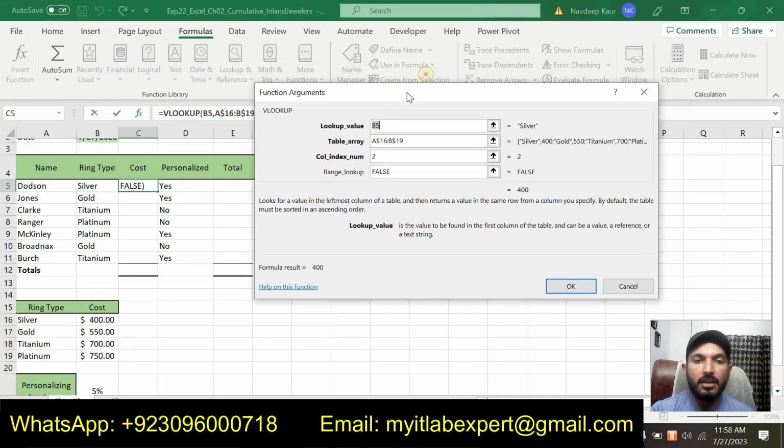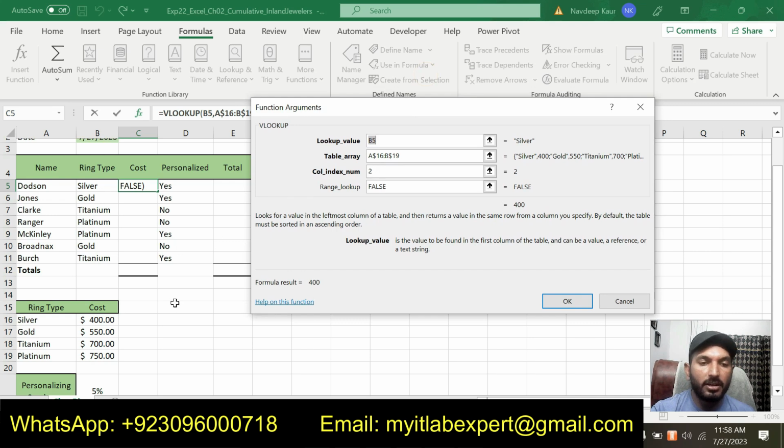So this will be the final formula for this lookup function. We are going to display the ring cost for the first student. The lookup value is silver, because the ring type for the first student, Dodson, is silver. So B5 is the lookup value, and we are going to get the value for this ring type silver from this table array, that is A16 up to B19.